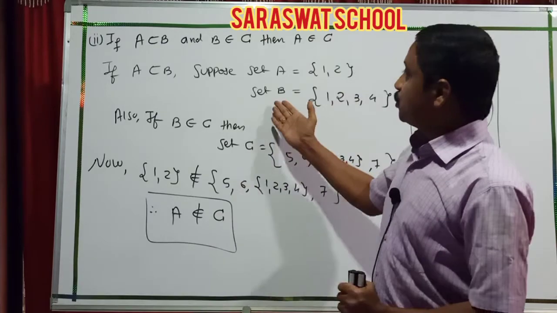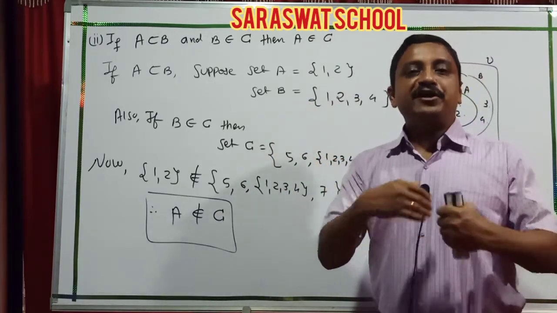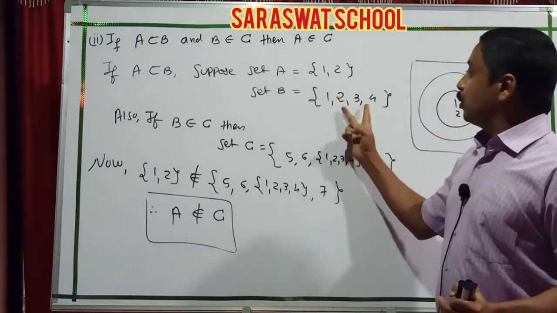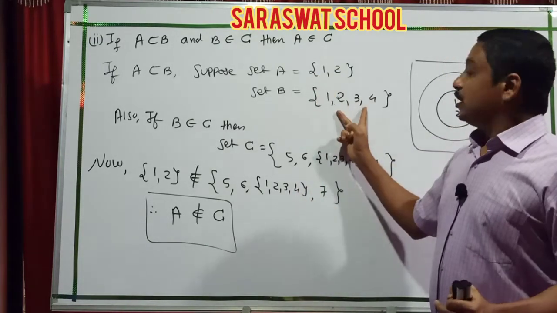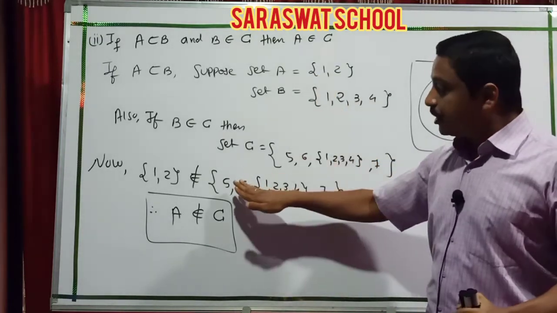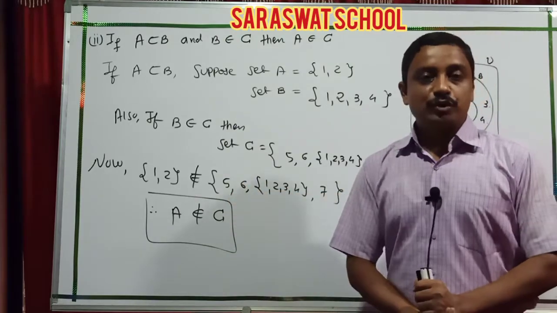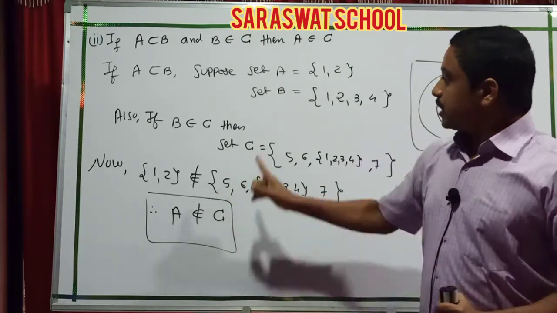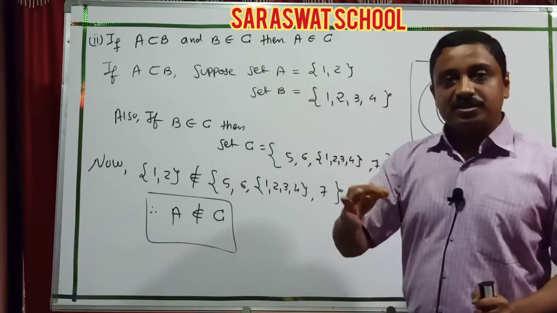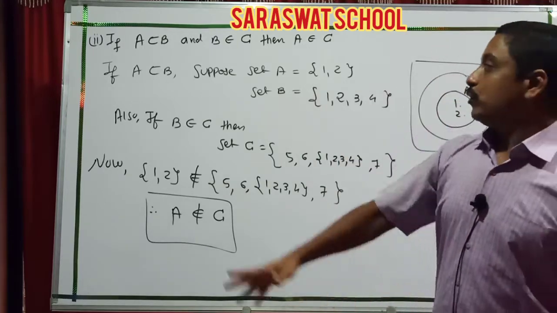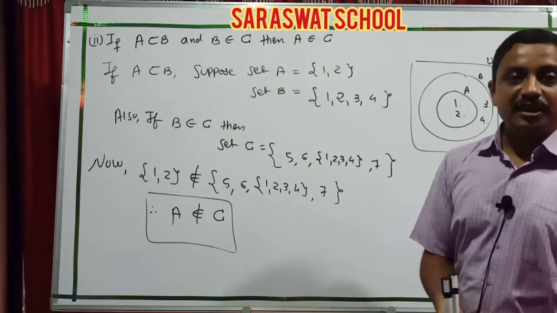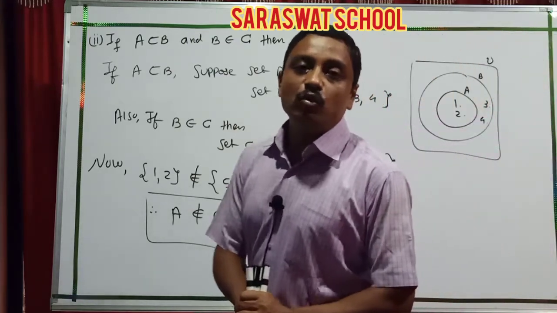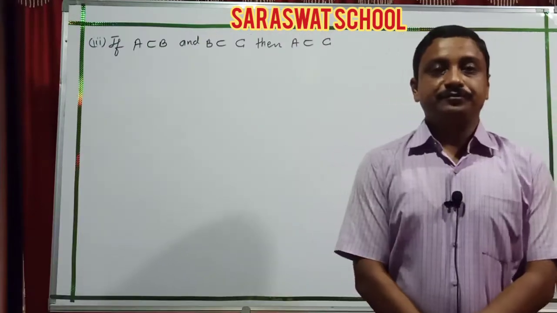Students, this equation can also be proved by you using different numbers. Here 1, 2 and 1, 2, 3, 4; taking different numbers, either here 5, 6, or here 5, 6, 7, 8, and different numbers, then also, students, it is true. So it is not necessary that these numbers are fixed. You can take other numbers also according to the condition and easily calculate. Now I move ahead. Next question.